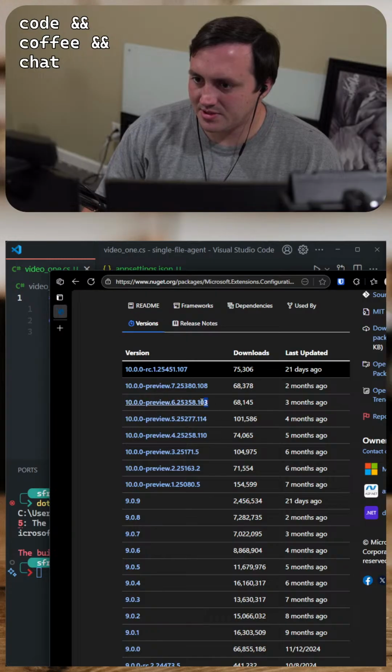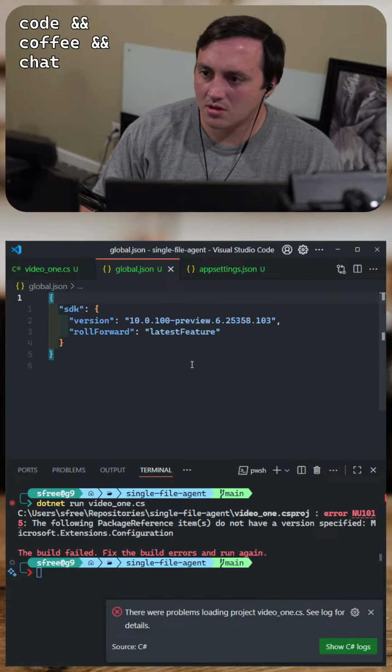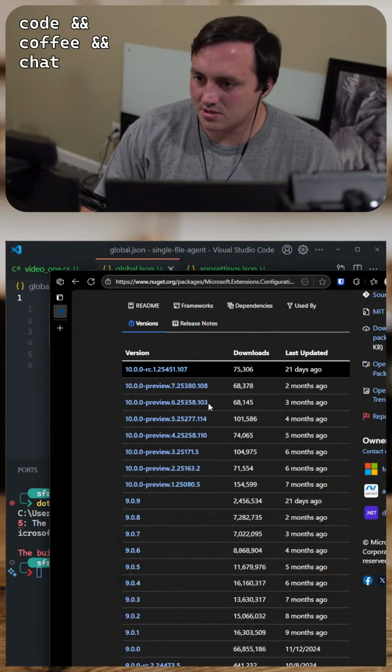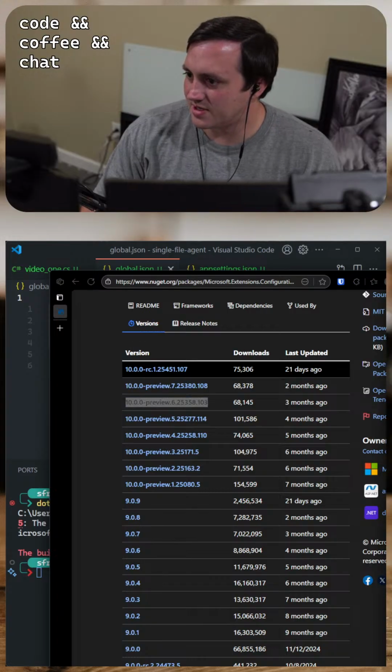I guess I should probably just use this, because that's... Yeah, 6.2.3. Let's just use that. And how do I do that? How do I specify a version?